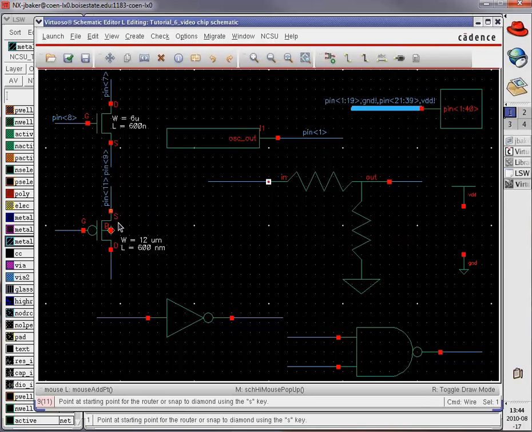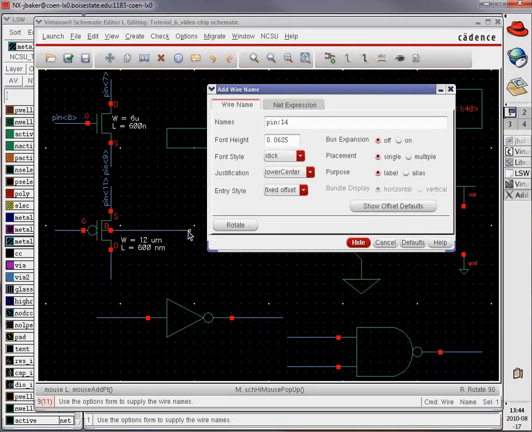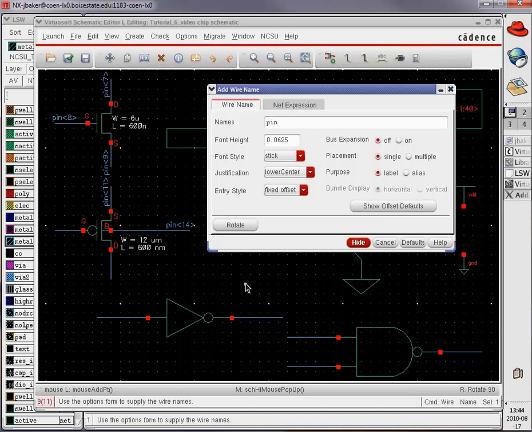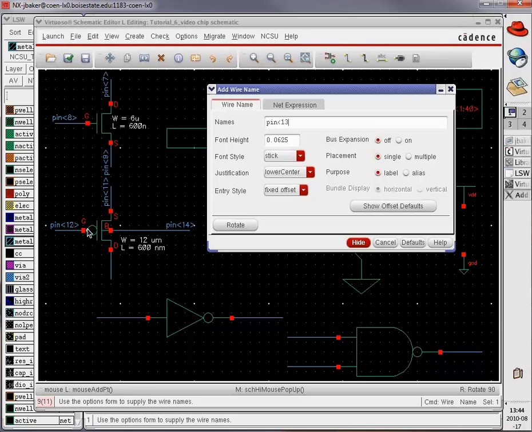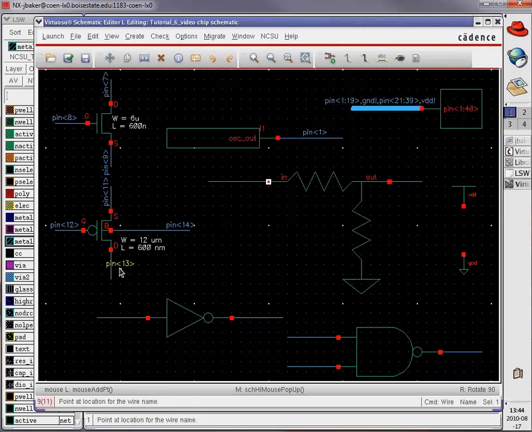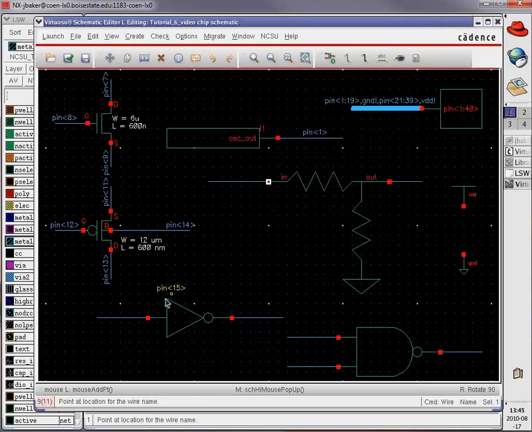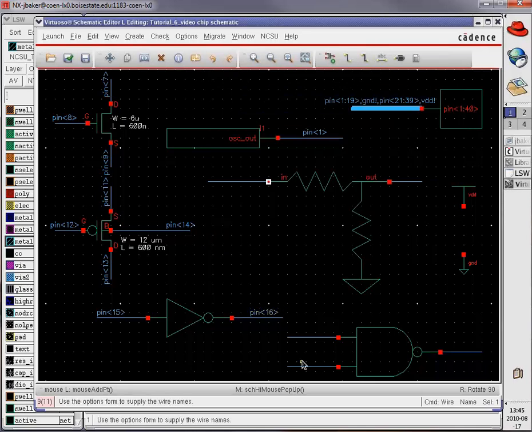Oh, I forgot a wire. Label, pin 14, hide, label, pin 12, label, pin 13, pin 15, label, pin 16, label, pin